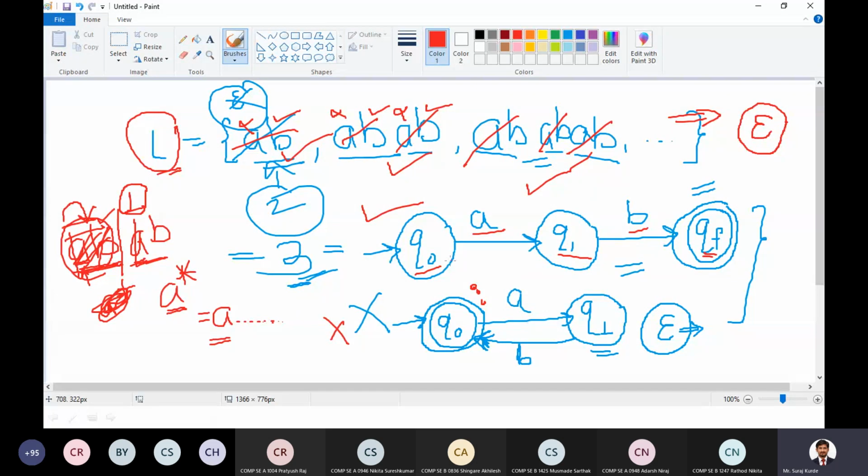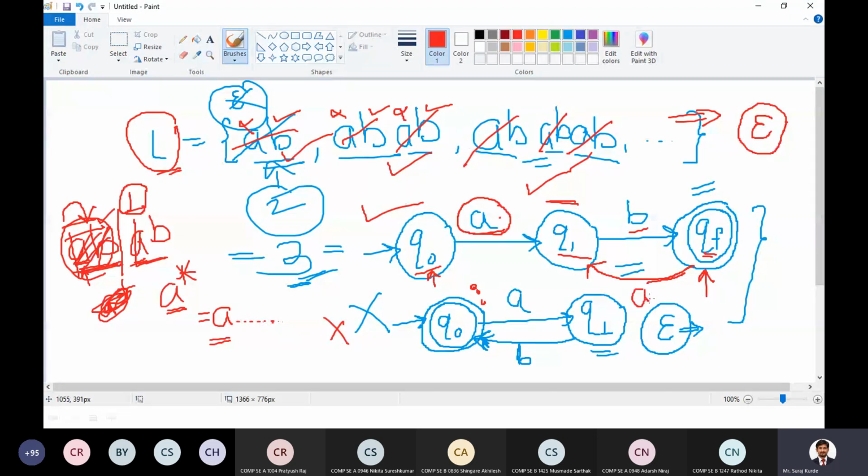Now Q1, in that case, Q0 was the initial state because the machine was in the initial state. Currently, the machine is in the final state. So what we have to do is change the state from the final state to some other state. I don't know which one will be the state. We have to identify which one will be the next state. For first A as an input, the next state was Q1. So from the final state, change the state of the automata to Q1.